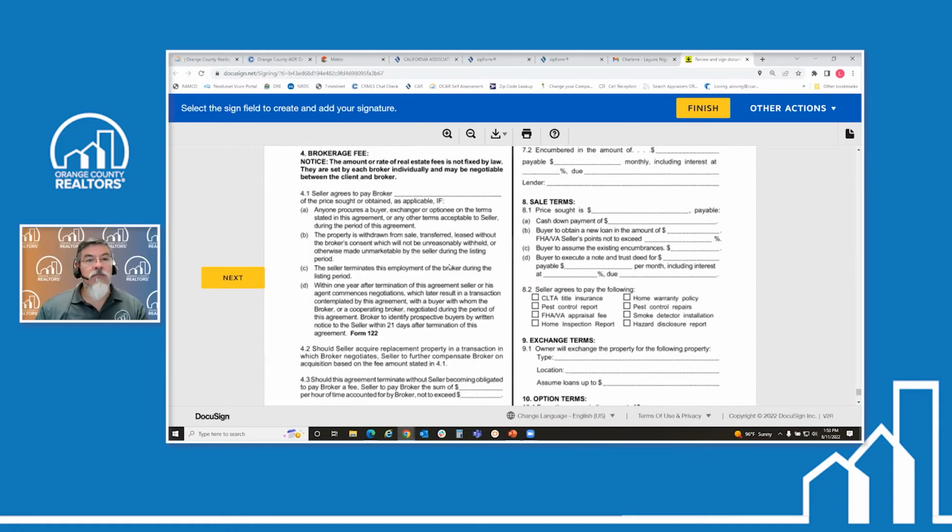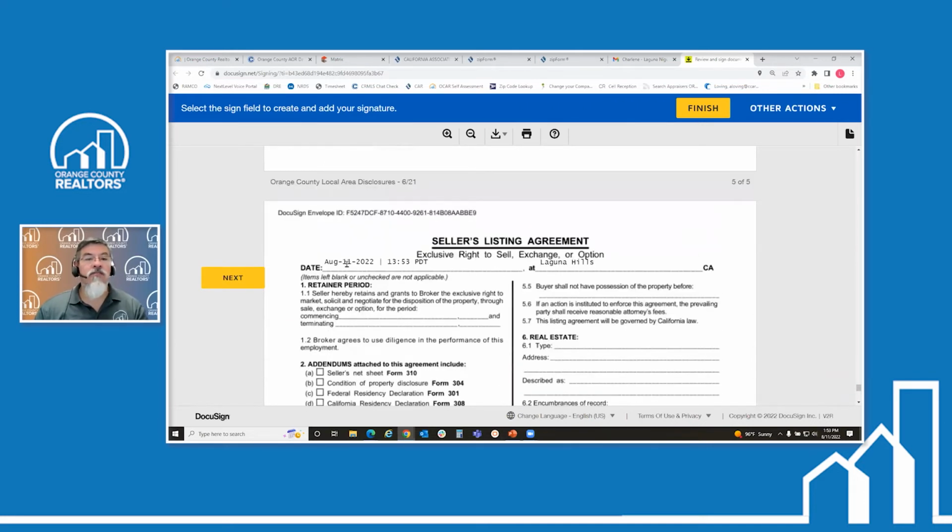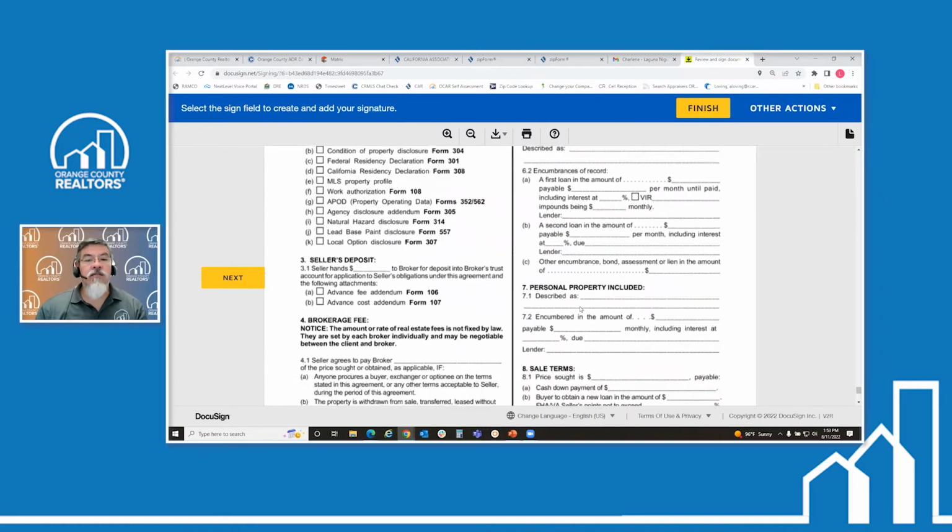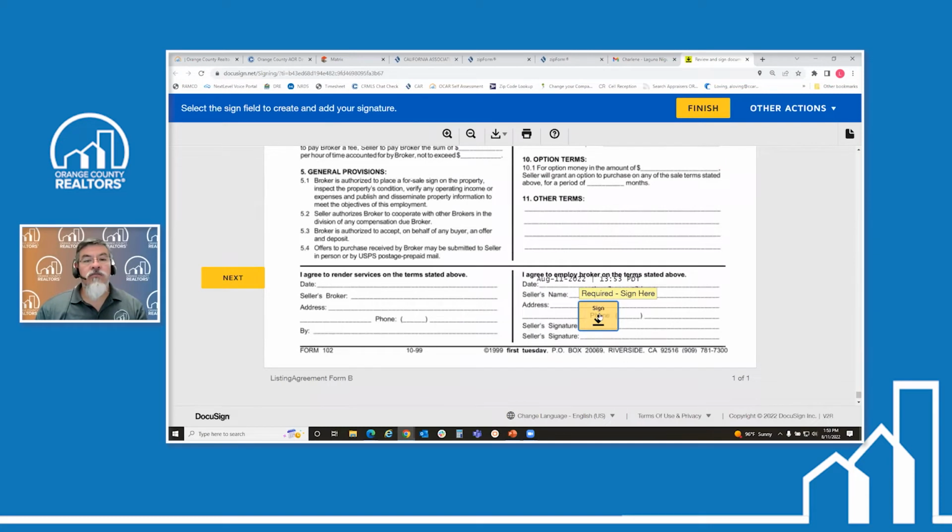Now, up here is that Orange County fictitious document that we threw together. It has the date and time, the city, and also the signature required there, and the date and the individual's name. And sign. And then let's see, if there were no spots missing, I can click Finish. If I wanted to print it or download it, I could. But as a rule of thumb, we don't do that until it's been finalized, and this is after the clients fill out everything, because they will receive a finalized copy of everything they sign. So if I click Finish,